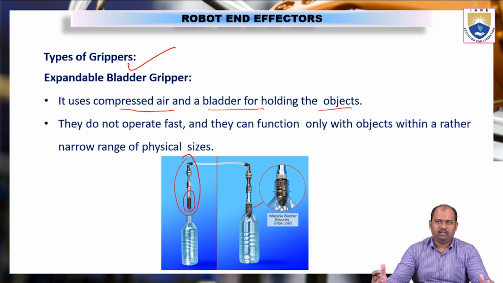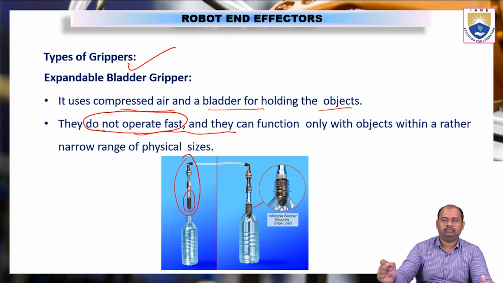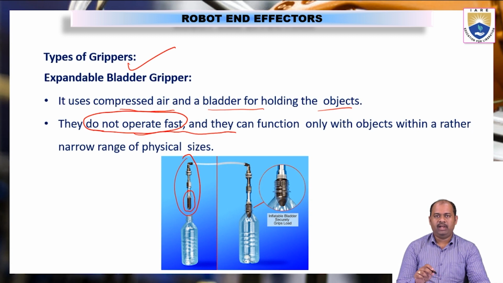We cannot send a large amount of air into the bladder because it may damage the bottle. Because of this, the operation is very slow. They do not operate fast. Their operation is very slow, and this kind of bladder arrangement, the expandable bladder gripper, is mostly used for glass